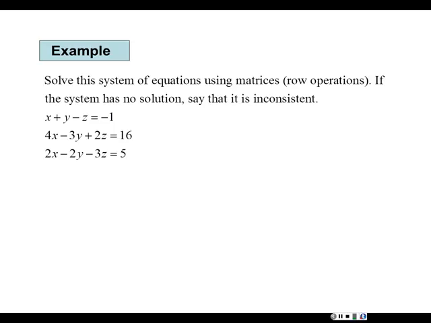Still you will get the same answer, but your steps will be different. In the middle, our steps and your steps will be dissimilar, but at the end, everything will be the same again. Now let's do the first one. So the operation we are choosing here is row 2 equals